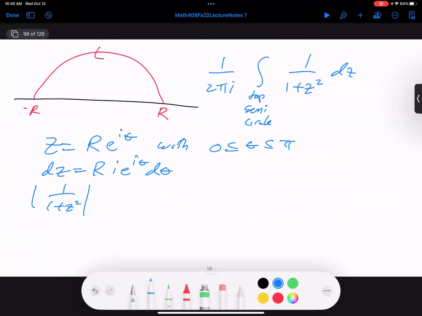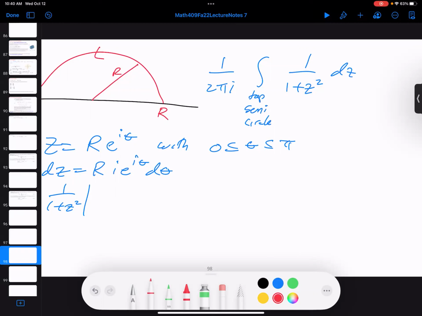If this is a semicircle, how large is the absolute value of z on the top of the semicircle? R. So how large is z squared? R squared. Now, how large can 1 over 1 plus z squared be? What's an upper bound? How large could this be? Yes, so it is at most 1 over